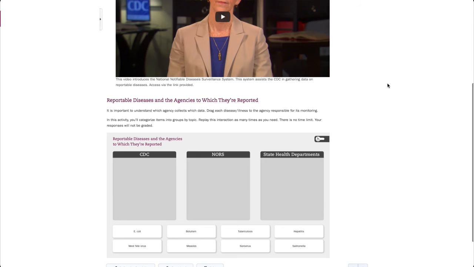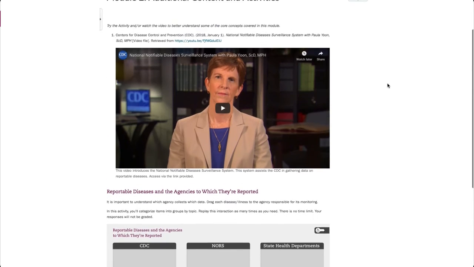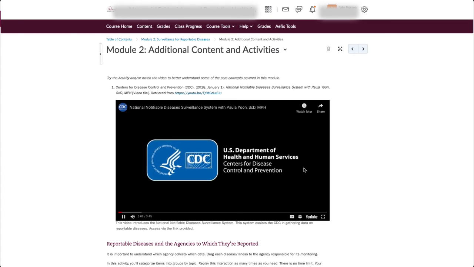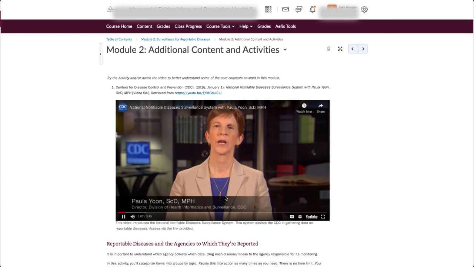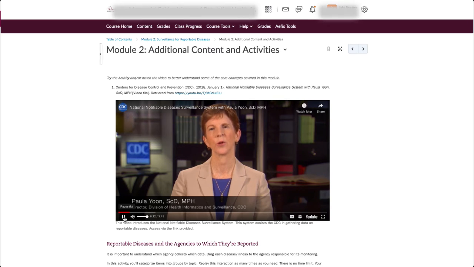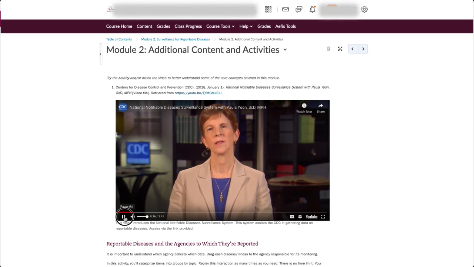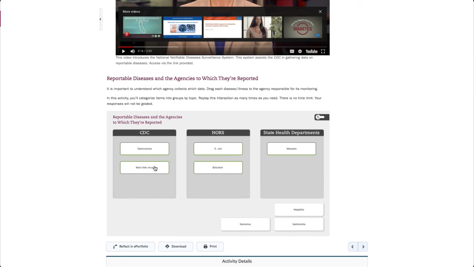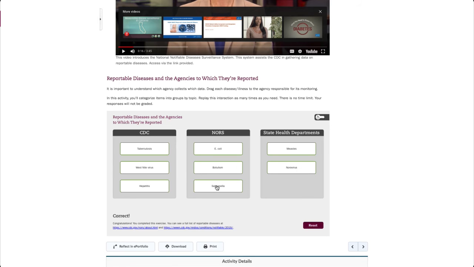The content on the Additional Content and Activities pages is required content, so be sure to work through this content carefully and completely. Some interactives are informative guides that give you a second look at a module concept. Some interactives are non-graded material that will help you practice your understanding of the concepts presented in a module. The content in this section can be revisited and replayed whenever you'd like.